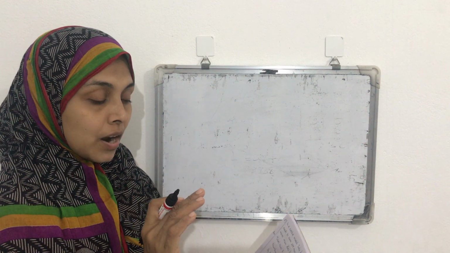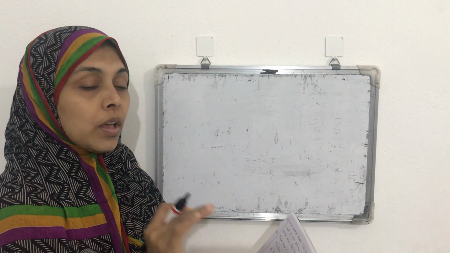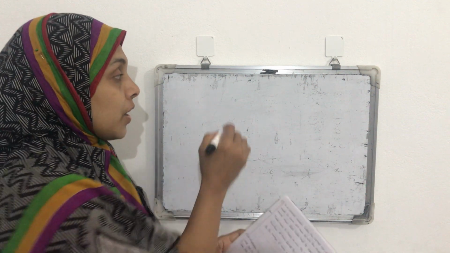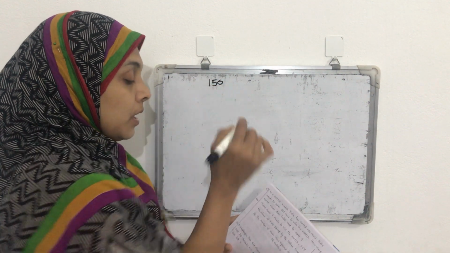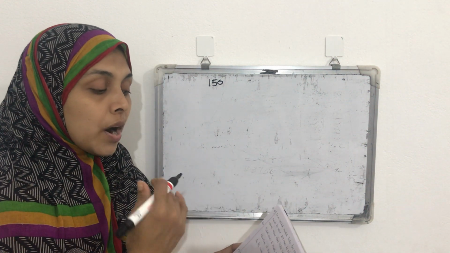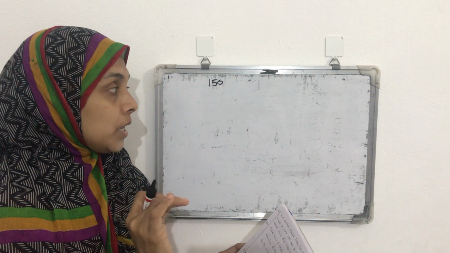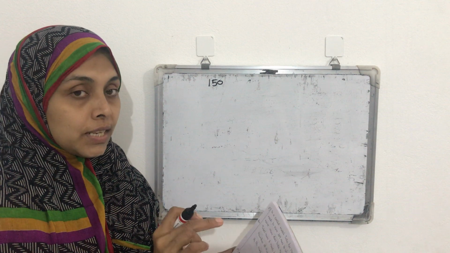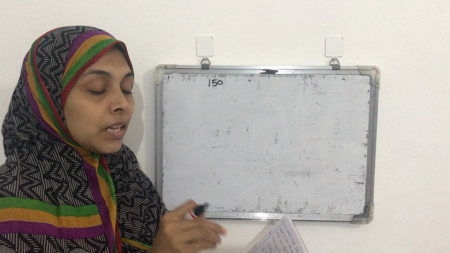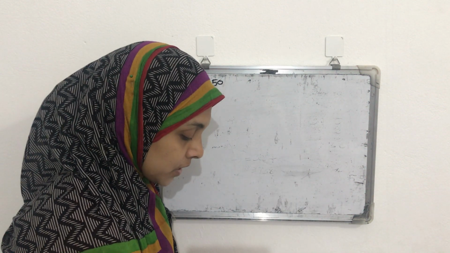So it is given. All of you read the question again. In a cricket match, India has scored 150 runs. Now, India scored how many runs? 150 runs. Okay. Now, next is given. India needs to score 259 runs to win the match. Total runs that needs to win for India, that is given, 259 runs. Then, how many more runs now India needs to win? That is the question.